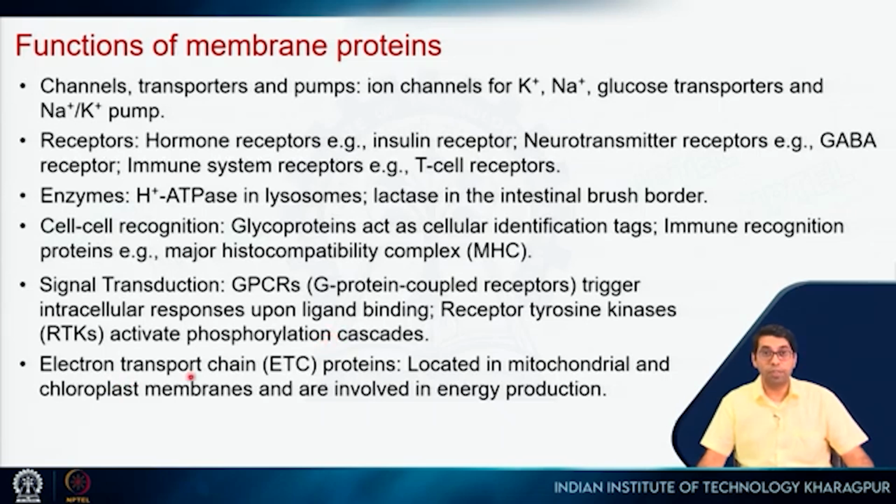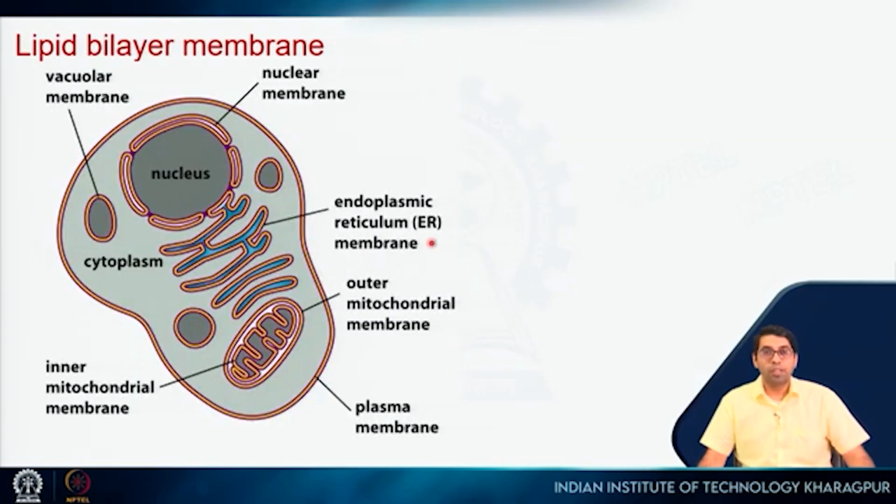Then there are electron transport chains. We will talk about this in more detail when we talk about photosynthesis and respiration. So, this is the general architecture of a eukaryotic cell. I will talk about cells in more detail in next week's lecture, but here, briefly, you see these two